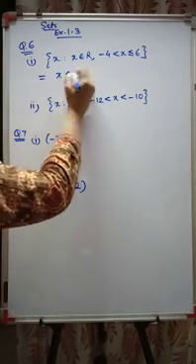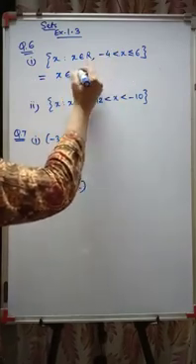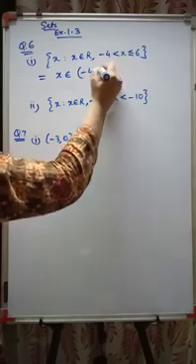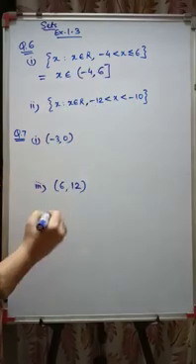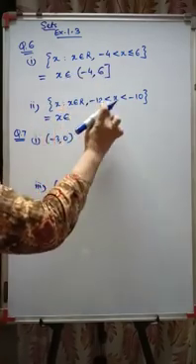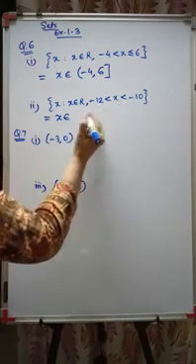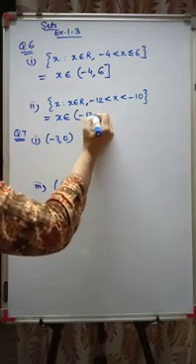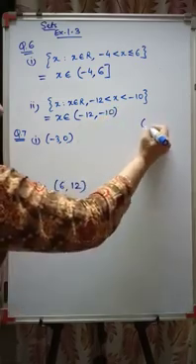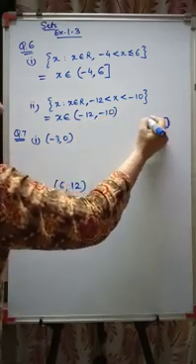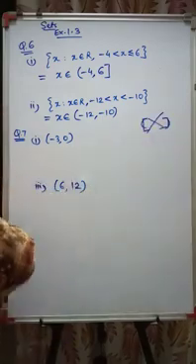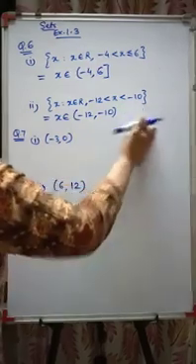Now I have to write these in interval form. So I'll write x belongs to, since equal to is not there here, open bracket -4 comma, and this is close bracket 6. Here x belongs to, nowhere is there an equal to sign, so both are open brackets. If you write it one way and then overwrite it another way, I will not consider it. This is wrong. So mind well, in the exam you need to be very careful.